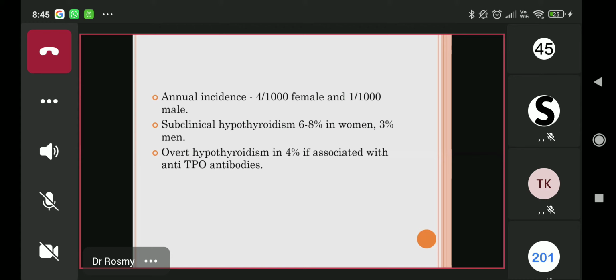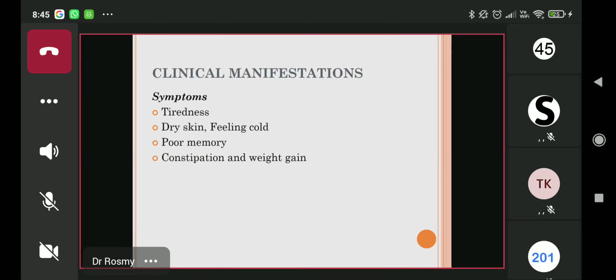So how do they come to you? In the OPD, generally the patients will come with a complaint of tiredness. हमेशा थकान रहती है. This is one common complaint which all the thyroid people will complain. They will say कि skin जो है बहुत dry है. Many people, for cosmetic reasons, will also go to the dermatologist कि dry skin है. They will get some medications